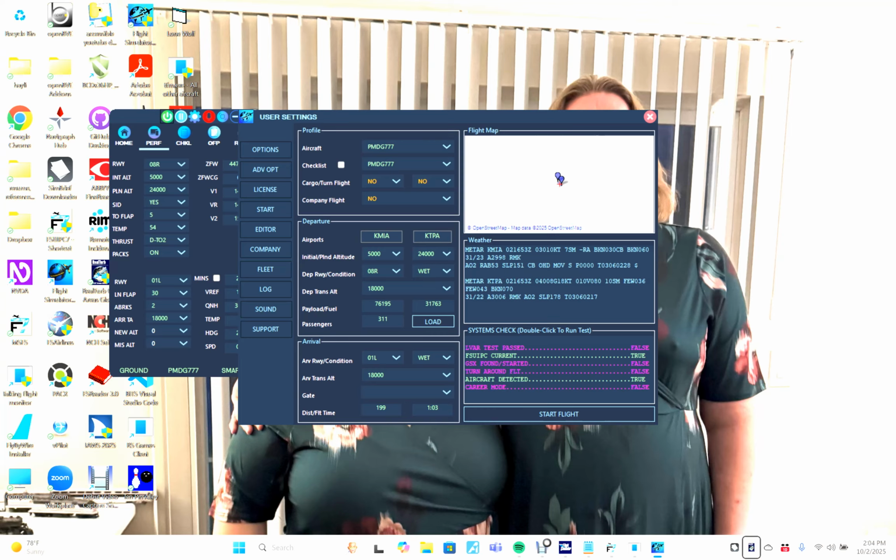Meter KTPA 021653040018 KT010V08010 SM20362043 BKN 07031/22. Okay. LVAR test passed. False FS. You can actually get to other that way, but